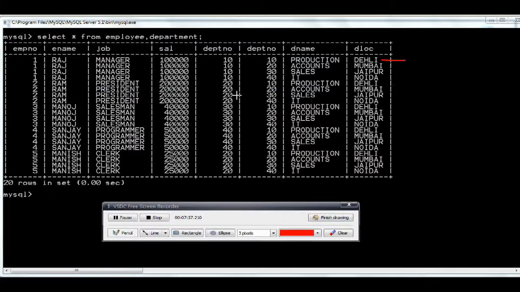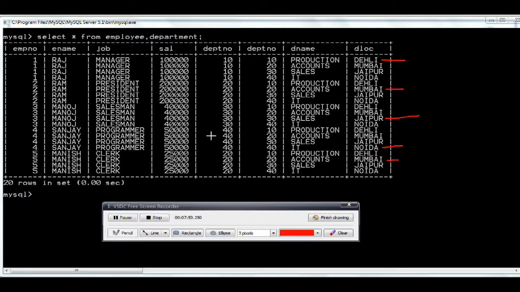Then this next record is giving me the correct information. This record is also giving me the correct information, and this one too. So out of these 20 records, only these 5 records are giving useful information.